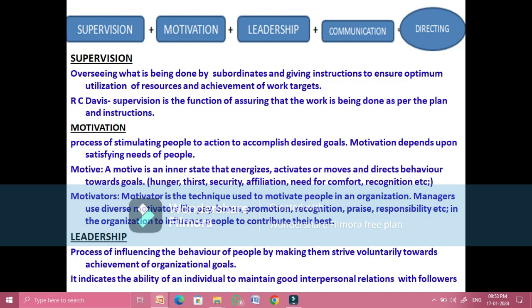It is that stage where the supervisor oversees whether the subordinates are following what has been instructed to them. Whatever is instructed or ordered by the superior to the subordinate, are they doing the work properly according to the plans? Here the manager acts as supervisor and ensures that the work is going as per their instructions. It is the duty of a supervisor to make sure that all instructions are properly followed and the subordinates are doing as they are instructed.